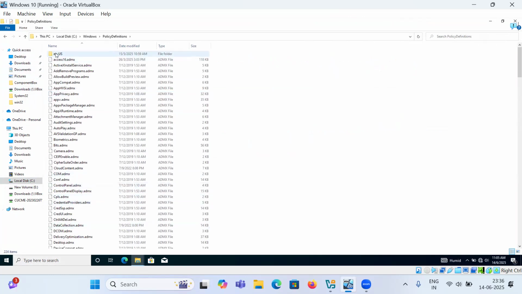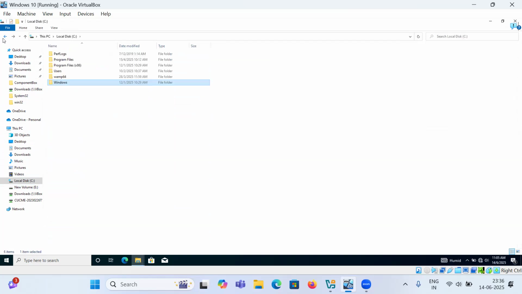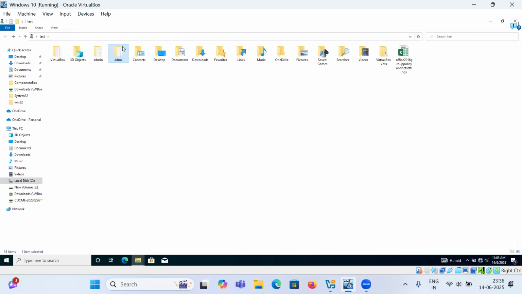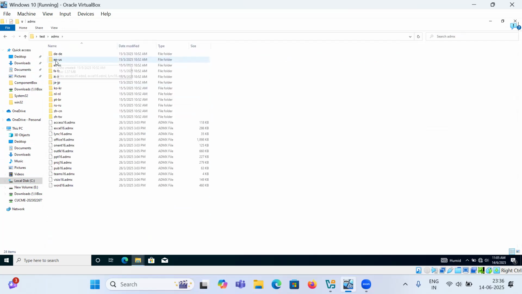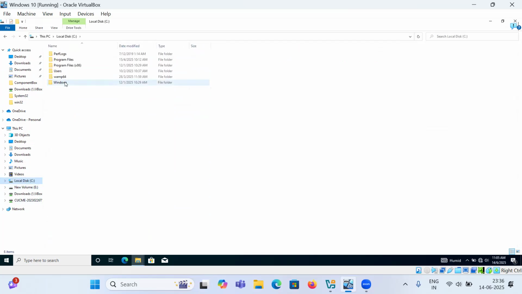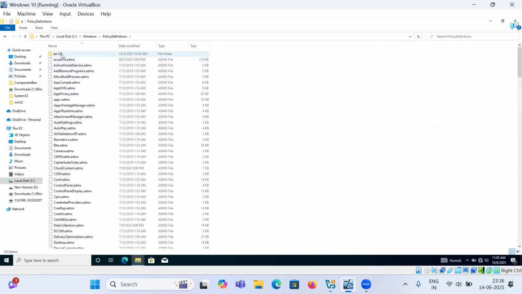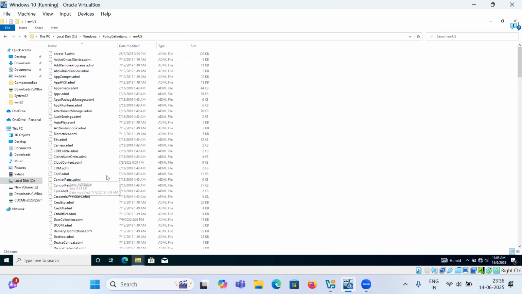After that you can see the en-US folder. So go to your ADMX folder again and double click the en-US folder, and copy these files into the en-US folder inside the policy definitions folder. Here you have to copy it. So when you copy it,